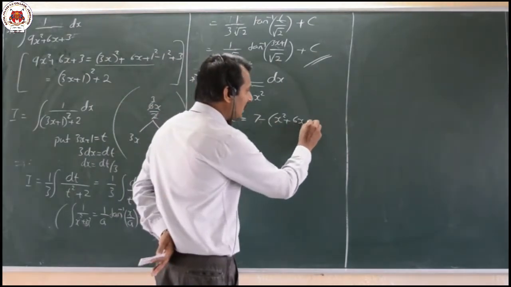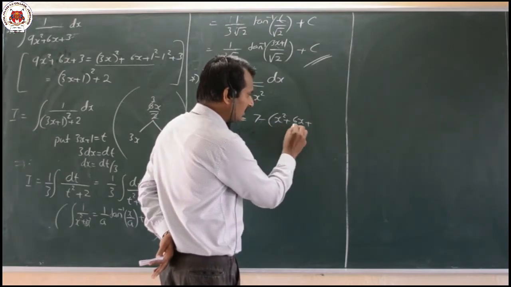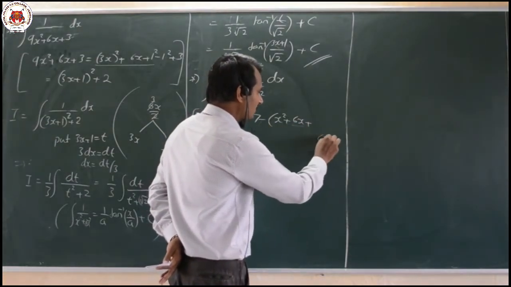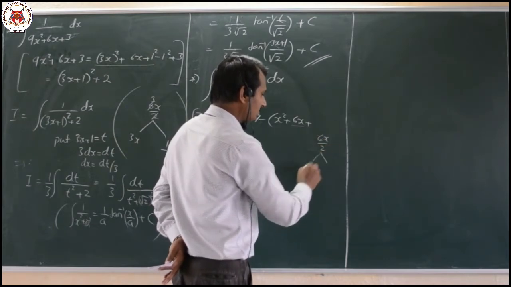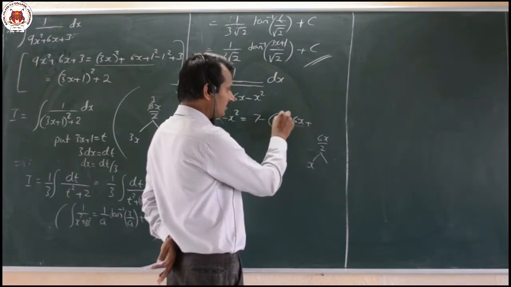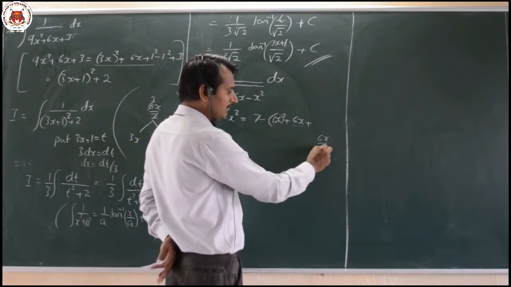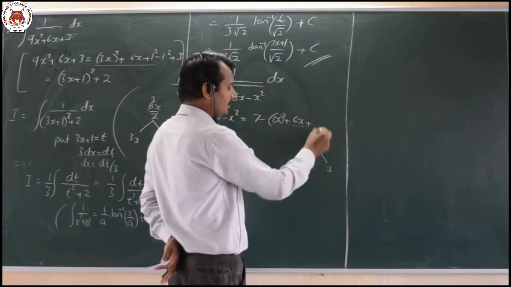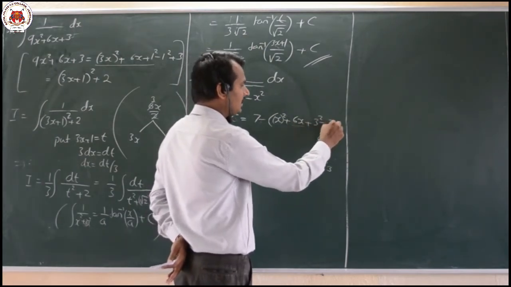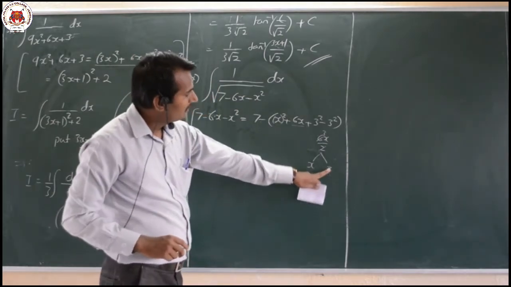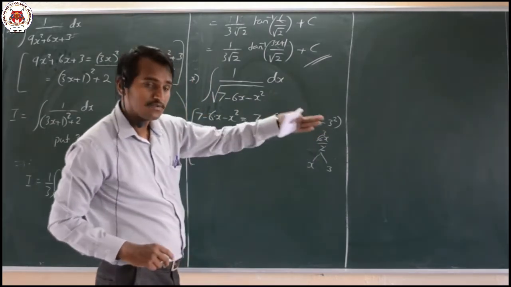Now here what we have to do is add and subtract. Here x square and 6x, 6x divided by 2, I will take, 6x divided by 2 means 3x. Here we have only x, x square. The x part I will take, the remaining part is 3 into x, that is 3x here. Now here we have to add and subtract 3 square, minus 3 square. This particular 3, I have to add and subtract its square here.